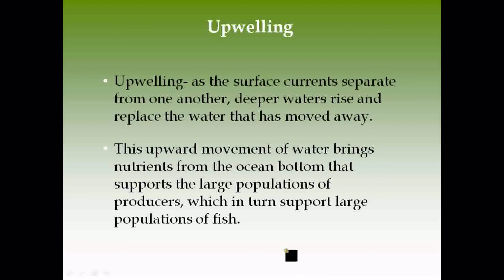Why is it a big deal? Because there are a lot of nutrients in that bottom layer of water. Even though it's colder and denser, that bottom layer of water has big nutrients, mostly because of decomposers. You know, everything that's ever died in the ocean ends up falling to the bottom eventually. And also it supports a large population of producers. Remember that NPP thing. So when upwellings occur, these nutrients come up to the surface and provide wonderful nutrients,